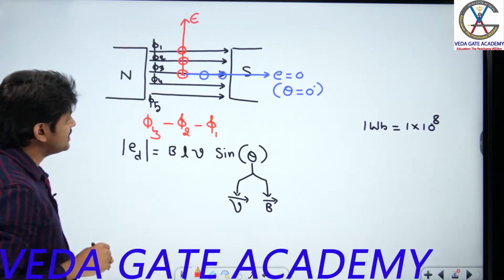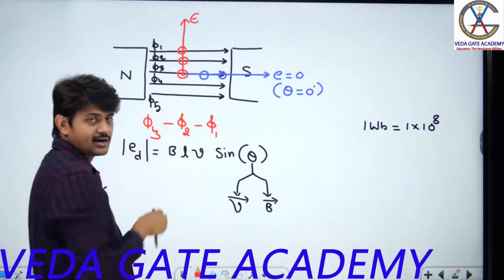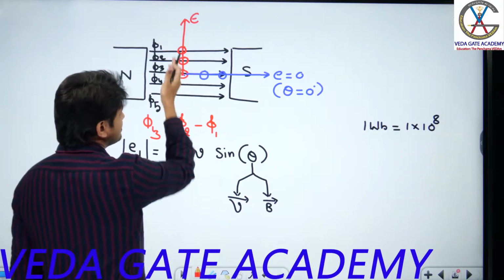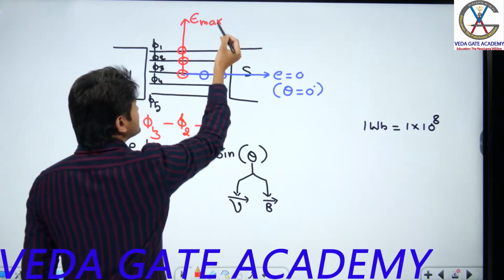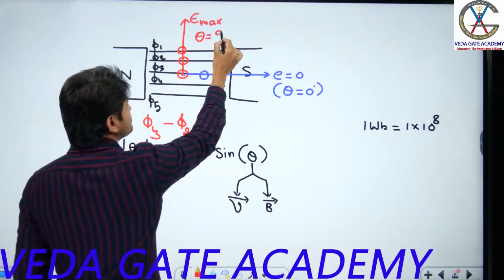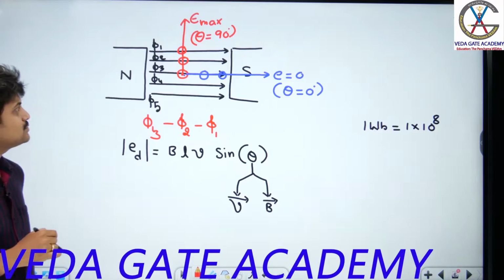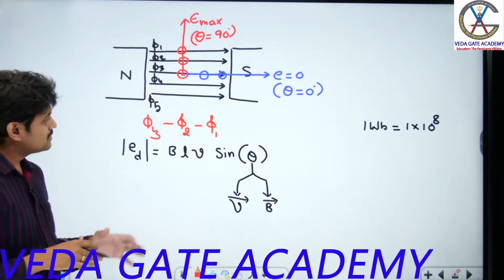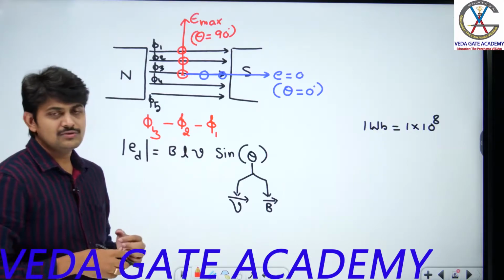Now here, if you observe, can you tell me what is the angle between the flux lines and the movement of the conductor? I can say the angle between the flux lines and the movement of the conductor, theta, is equal to 90. So you can say maximum EMF gets induced at this particular position. If I move this conductor in this direction, I can get maximum induced EMF. Are you following? So this is how we need to determine whether EMF gets induced across the conductor or not.